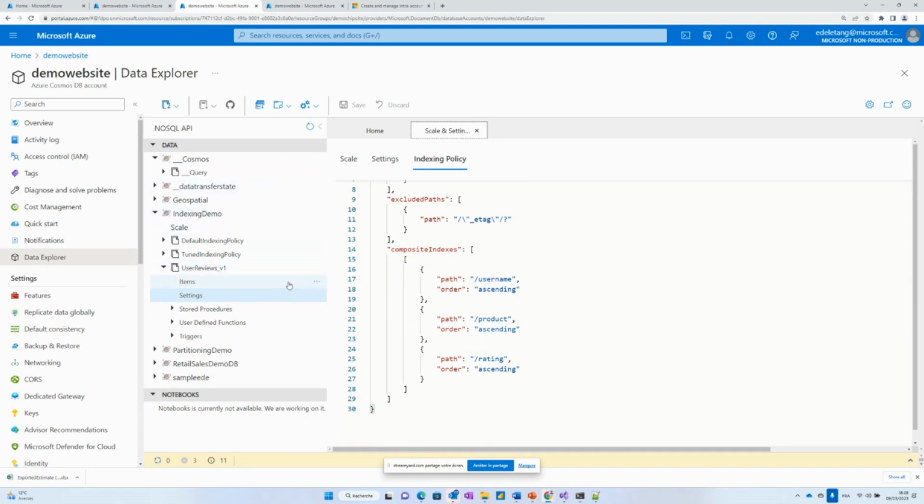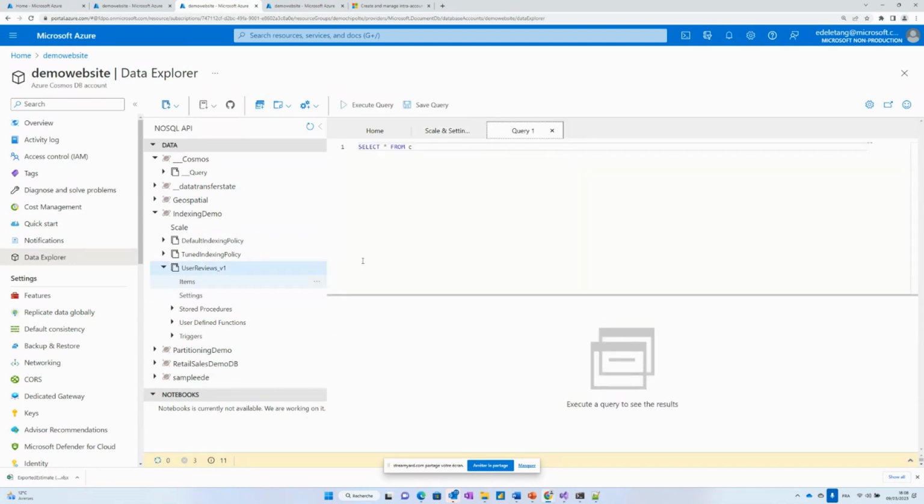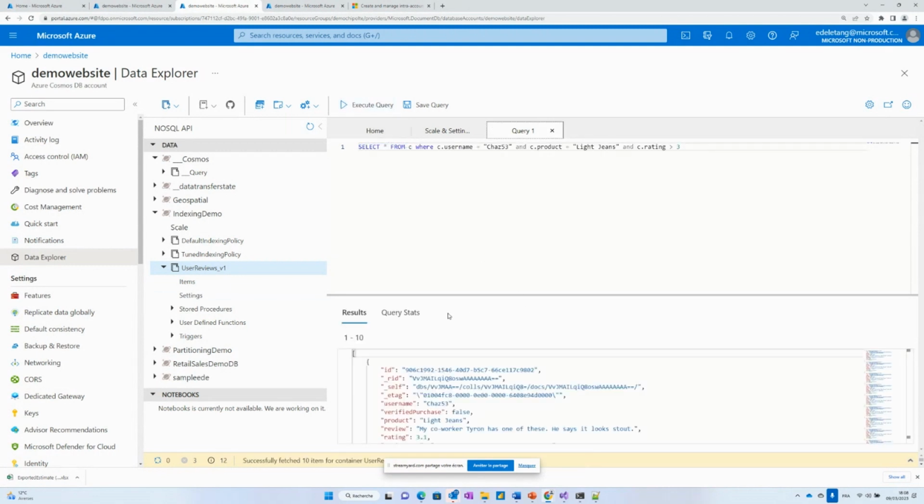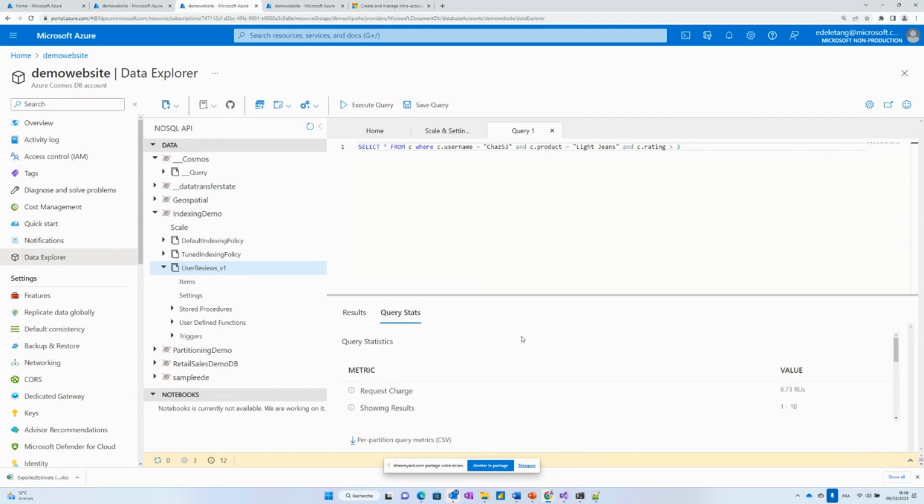If you remember, this is exactly the where clause of your query. When I execute this query, I have, of course, the same number of results. And if I go to query stats, you can see it is reduced a lot. Due to the multiple filters you have, using a composite index can help you reduce the cost of your query. And this is one of the first and important things.